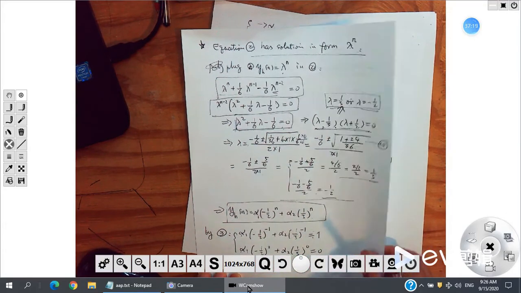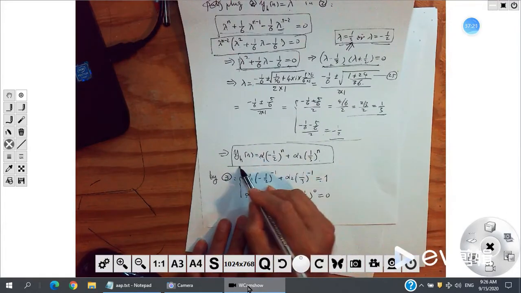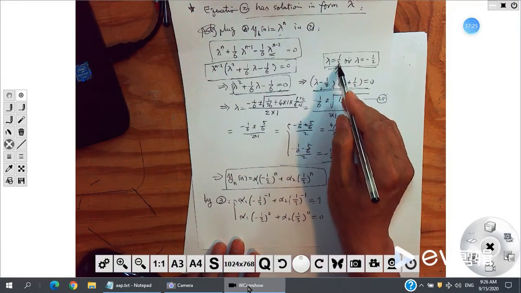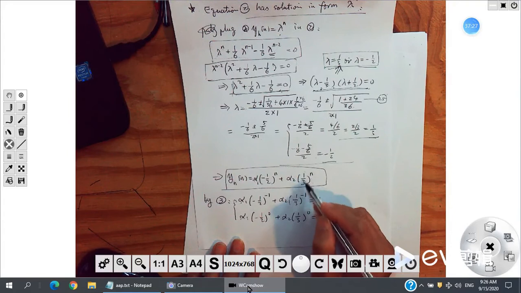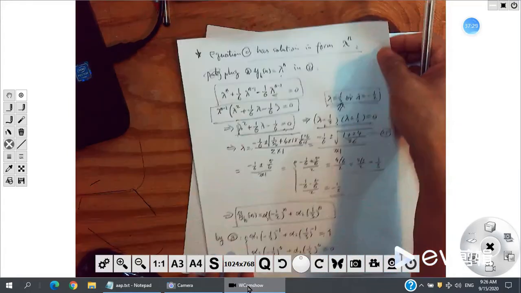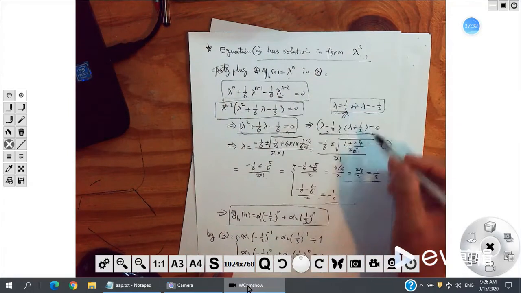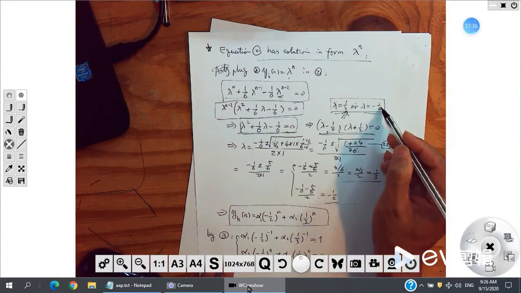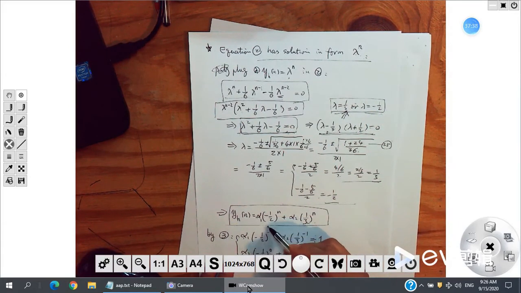Okay, then the homogeneous solution will be a combination of all of these, right? 1/3 gives us this term, 1/3 to the n, lambda to the n. And the negative 1/2 gives us another term. And as a linear equation, you can combine them together. It is also a solution. So Y_H will be a combination of these,